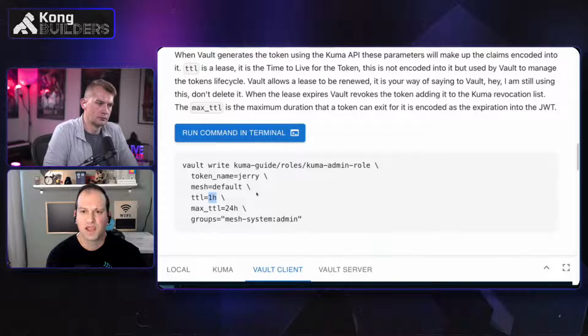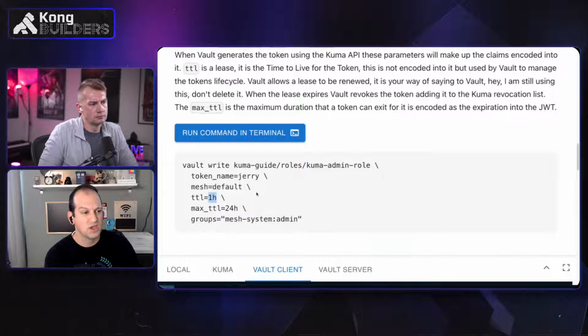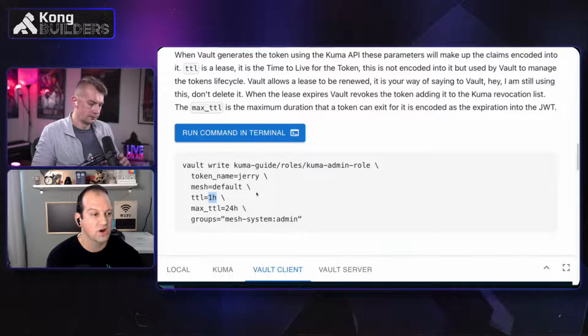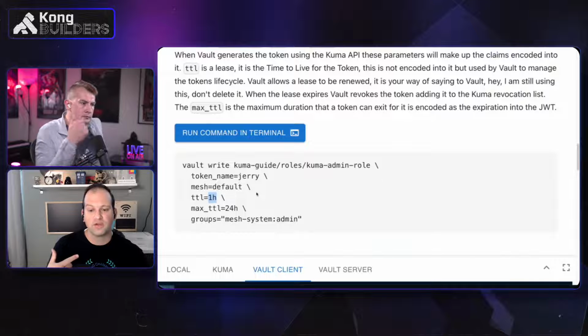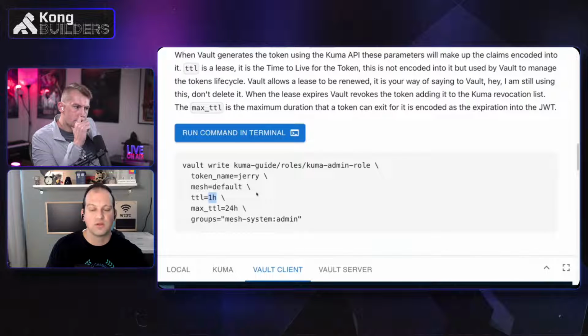I believe, and I have to go verify with the Kuma team, but I believe they recently added some new logic where it is constantly rechecking, I think every minute or every so often. So that process will happen naturally and you don't even have to do the SIGHUP. It will check for an update, and it does that so that if you have an expired token, it'll kick you out.